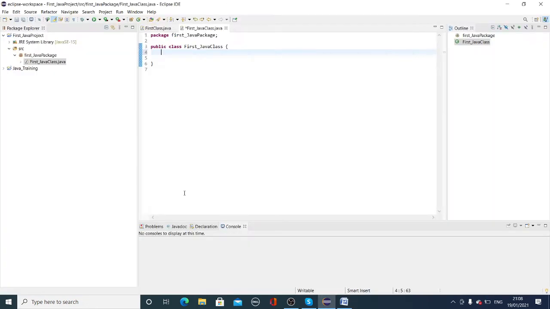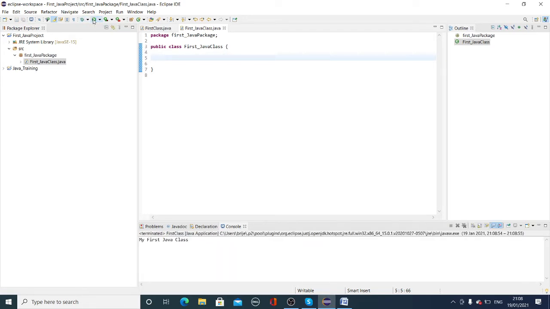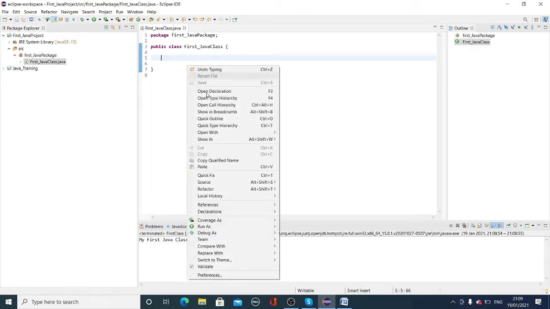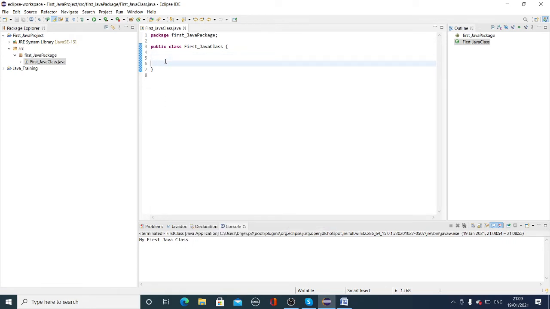Now what we will do, there are some syntax rules in Java. So if I execute this particular class, let me save and execute it, see what happens. It will throw an error. I just close this one and execute, because there is nothing in there, and that's why it didn't recognize it.